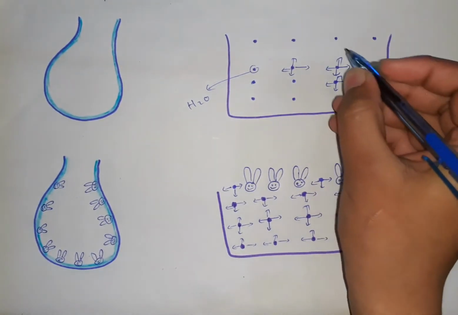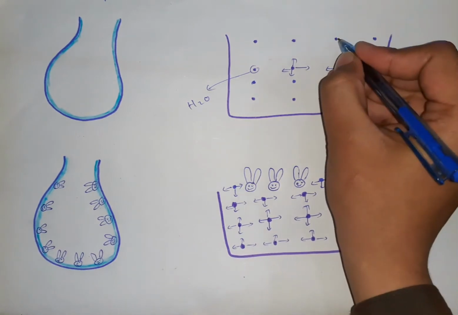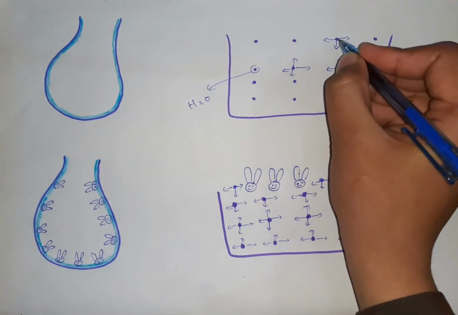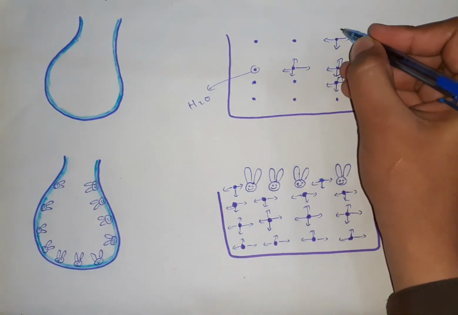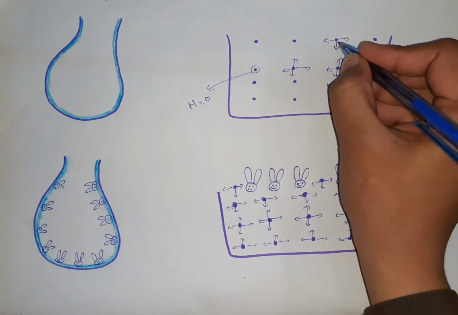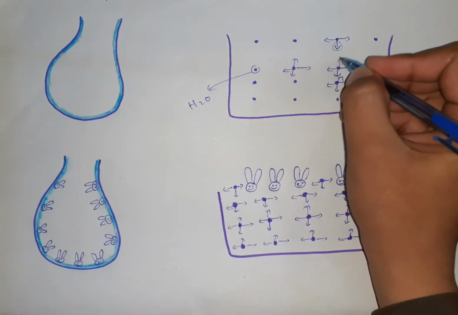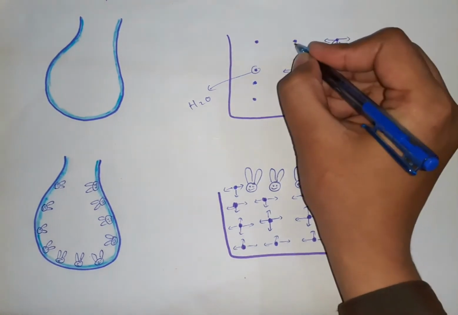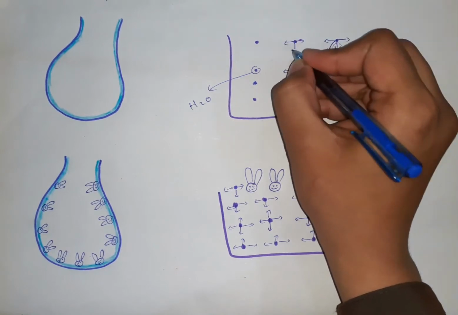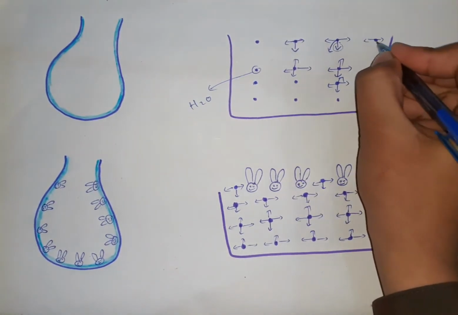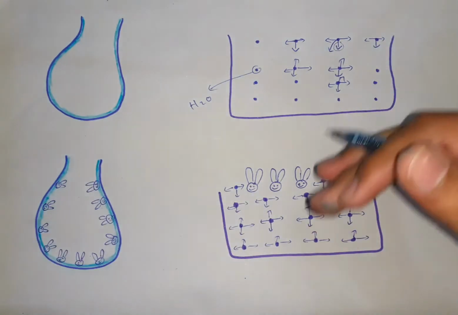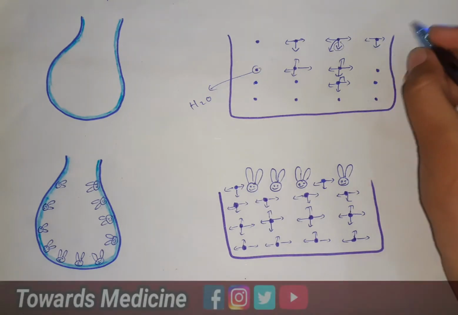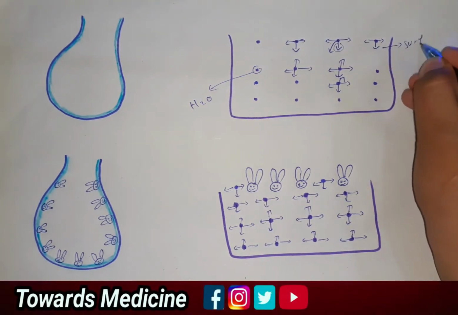But when we talk about the molecules present on the surface, such as this molecule, it is attracted on the sides as well as downward, but no force is attracting it upward. As a result, there is an imbalanced force acting on it downward, and due to this downward force, this molecule tends to move downward. In the same way, this molecule also tends to move downward, and this molecule also tends to move downward. As a result, a contractile phenomenon occurs, and this contractile phenomenon is known as surface tension.